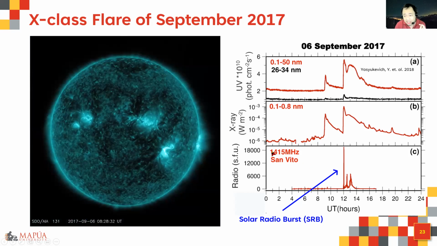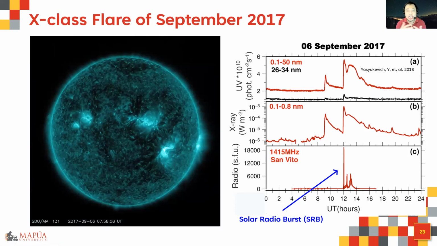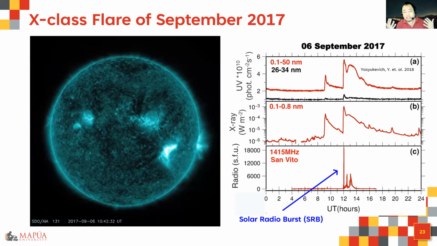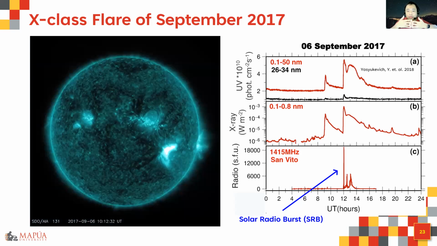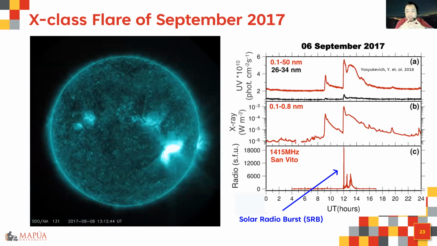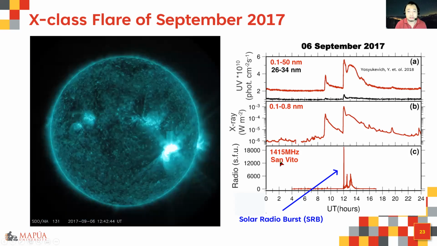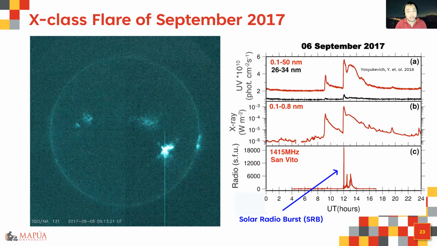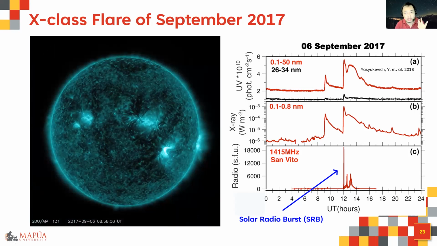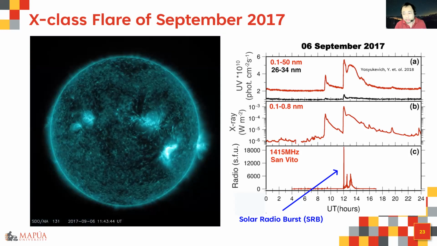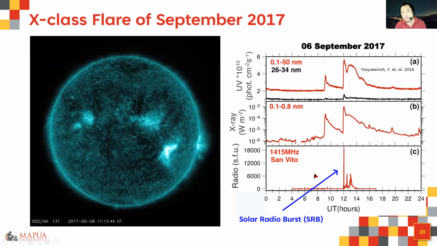And how important is frequency? Remember in our physics class, interference happens if at least two waves meet each other in the same medium with similar frequencies. So this L band is actually very near to the frequency used in GPS. So for your GPS receivers, let's say in your phones or in your cars, if solar radio bursts happen, this may interfere